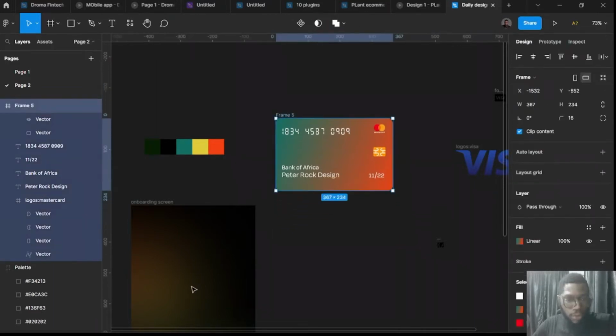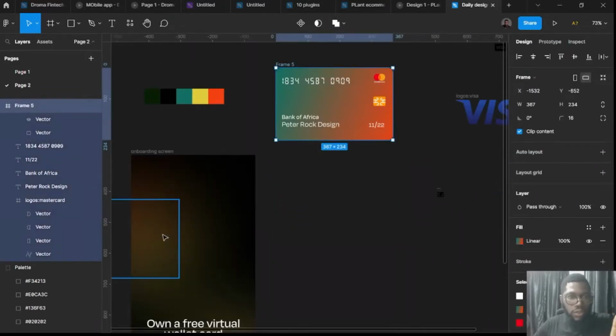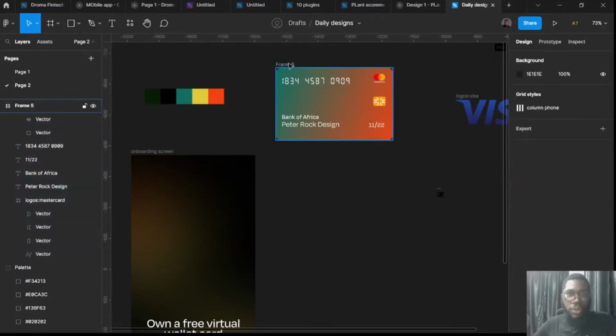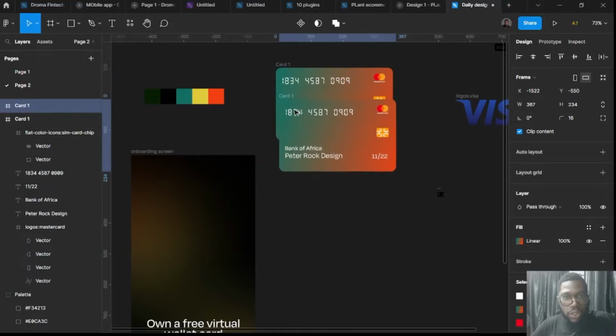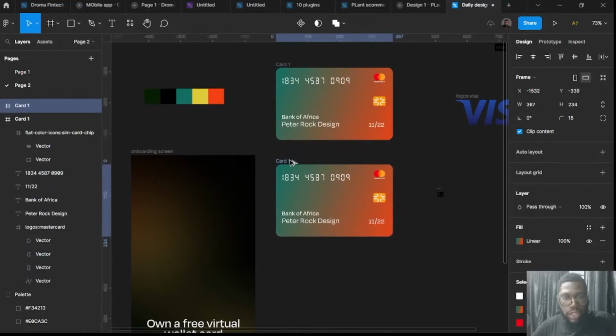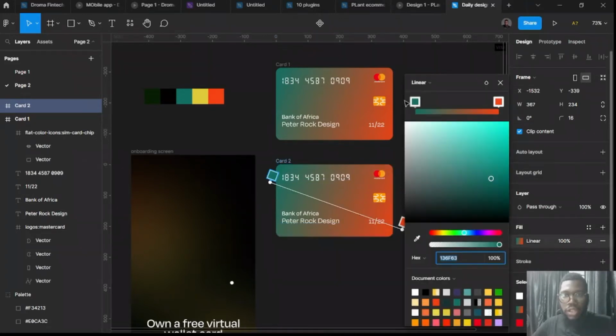Now I want to create multiple cards in isometric 3D over here. So I'll just duplicate this. To rename it, double click. Just click on card 1. I'll press Alt and drag to duplicate. Next thing I want to do is change the color, right? So I'll just come here, click on this linear, and just